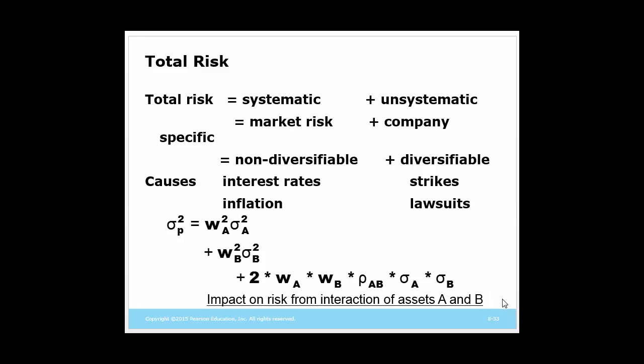So as we continue to add asset upon asset, there are these relationships that continue to add up. And since we're adding more assets, the weights will get smaller, so each piece is going to get a smaller and smaller interaction. But when you add them all together, we're still going to be able to eliminate and diversify some